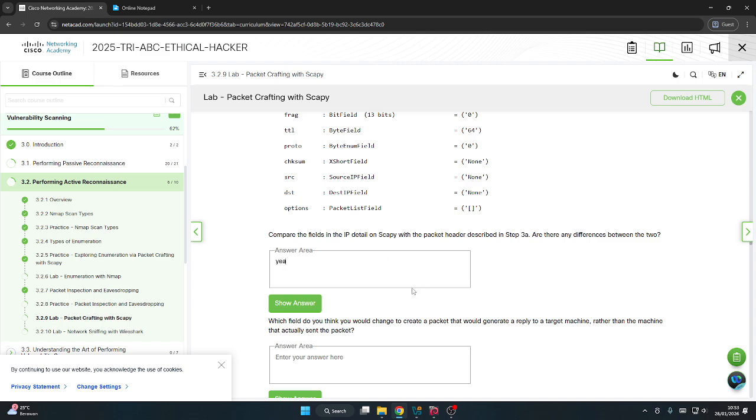Yeah, ls IP is just showing the detailed information, and the diagram does not tell as many.